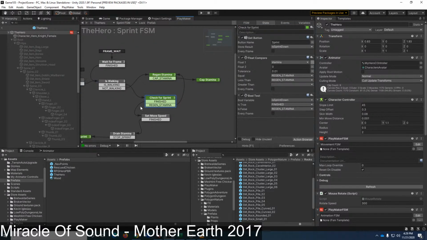I don't even want to come down here. Well, let's see here. I think instead of get button down, so that way I have to release shift and press shift again to start running.